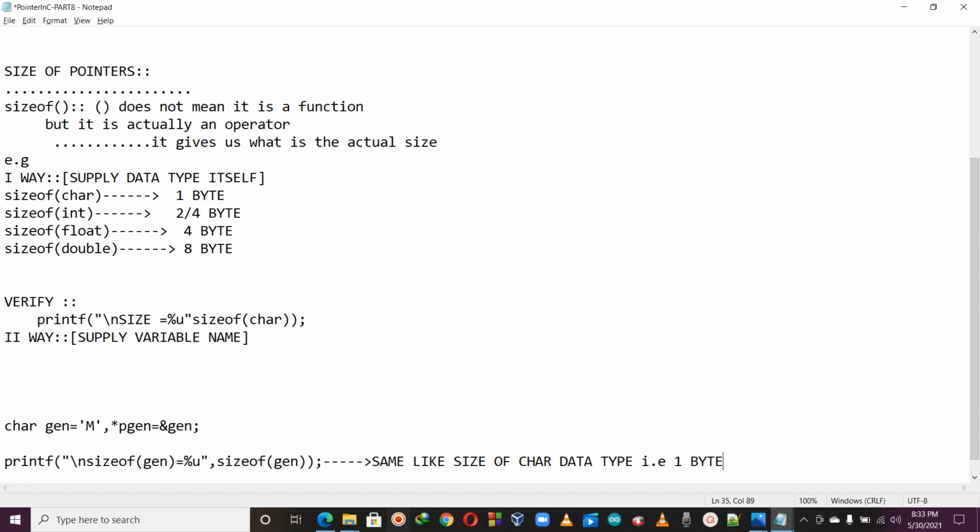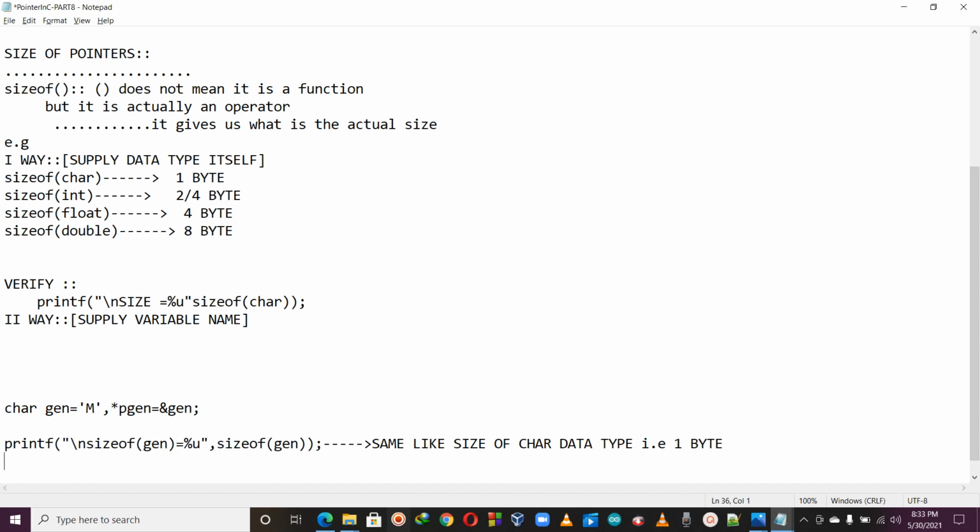But what happens in the other case? Now I am going to supply the pointer variable itself. So here just change that one, pgen, here also pgen. Now what should be the correct answer?